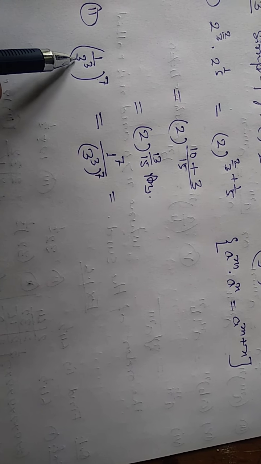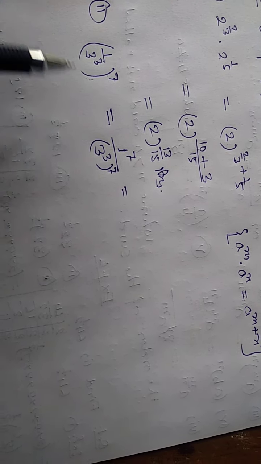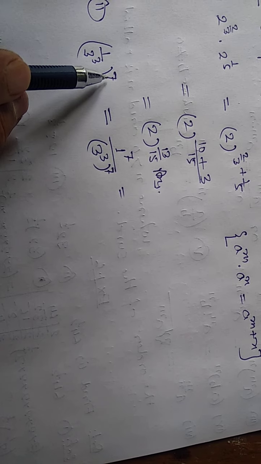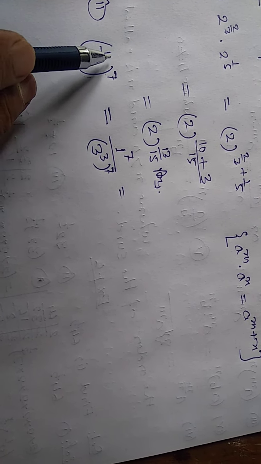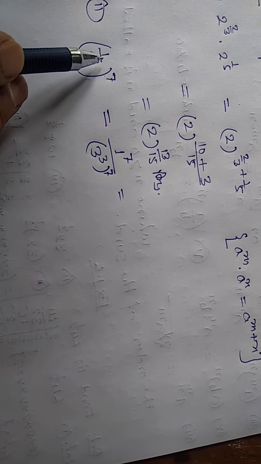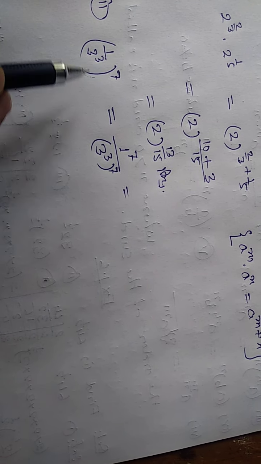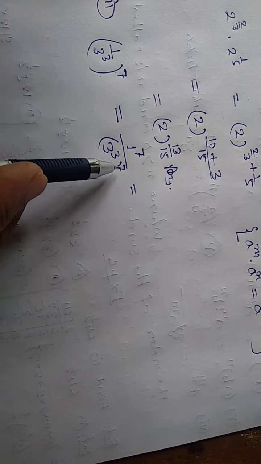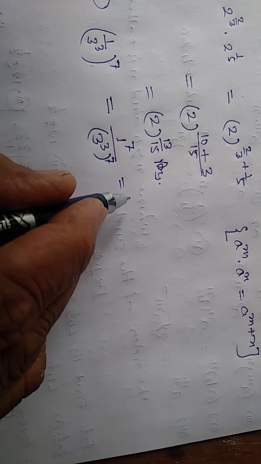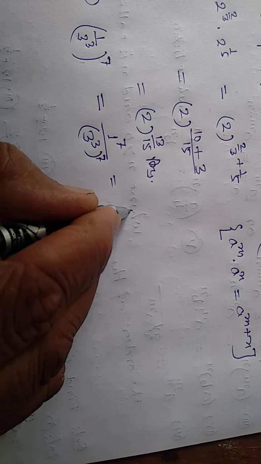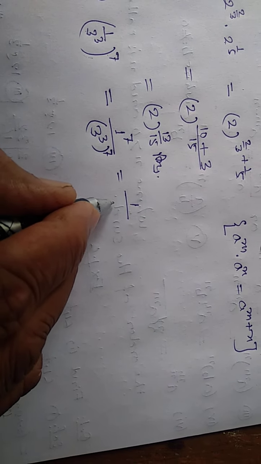Now number 2, (1 by 3 to the power 3) whole to the power 7. You can write this as, this 7 is the power for this 1 and for this 3 to the power 3. You will write the separate exponent for both. It is 1 to the power 7 by (3 to the power 3) whole to the power 7. 1 to the power 7, that means you will multiply 1 seven times and you will get 1, by this 3